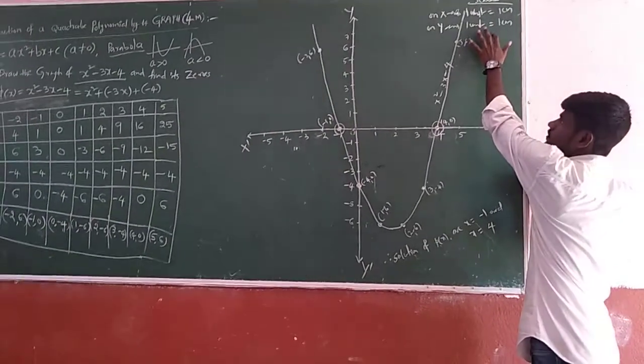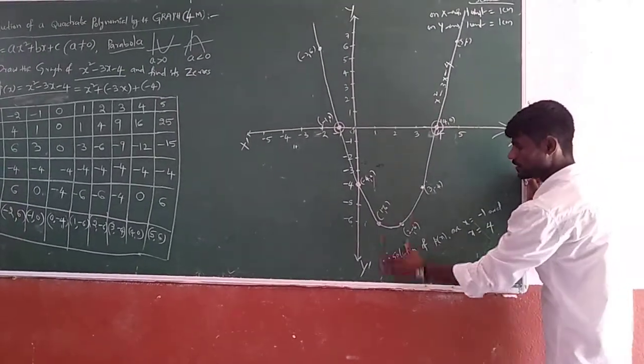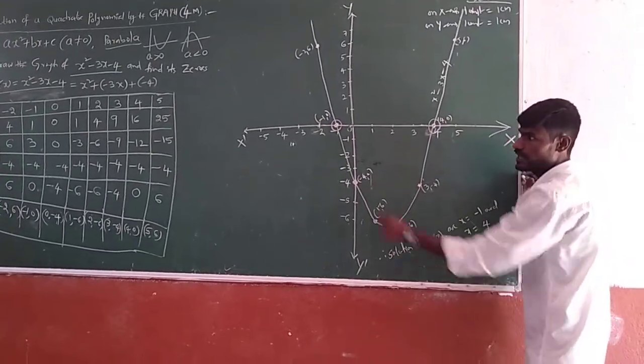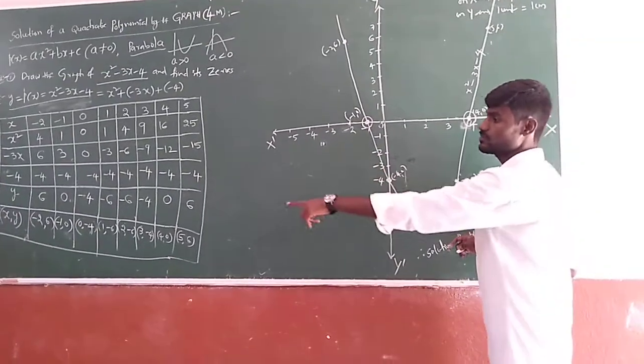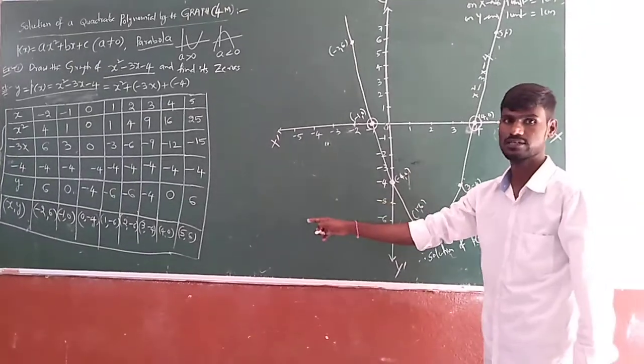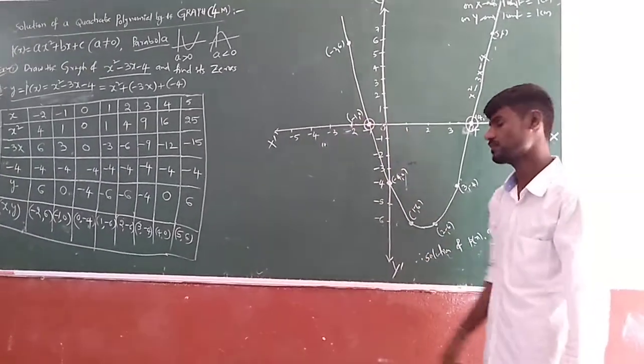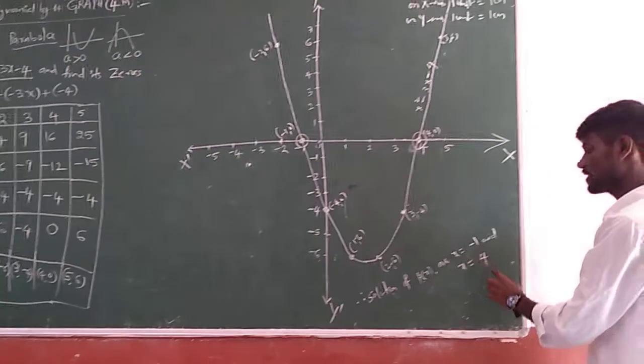So this is the scale you need to write on the graph sheet, compulsory. Below the graph sheet you have to write that, and that thing you have to write in the main paper work. And after that, on that paper also, from the graph you have to write: therefore, from the graph, the solution for the given quadratic polynomial, the zeros, are minus 1 and 4.